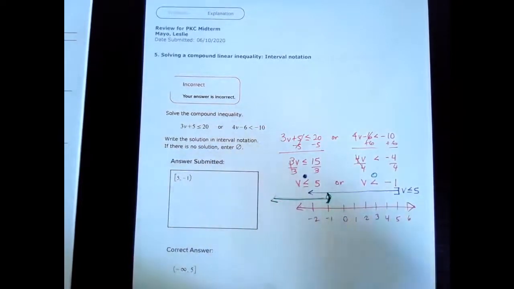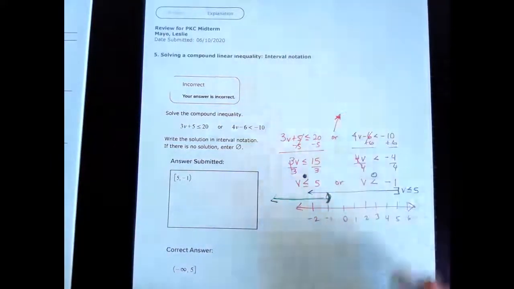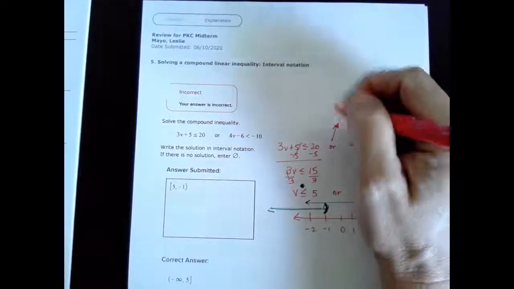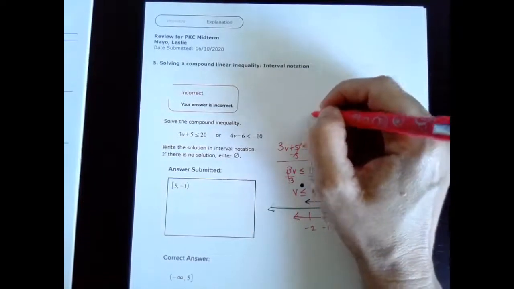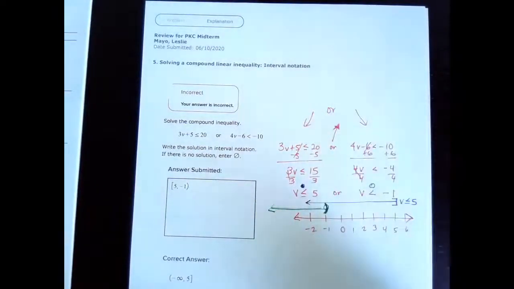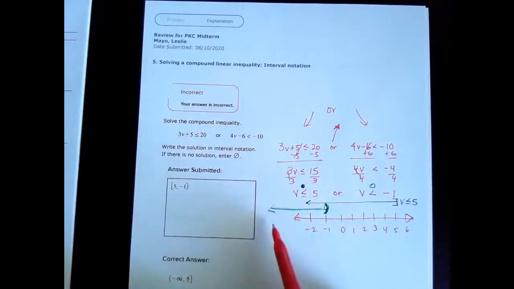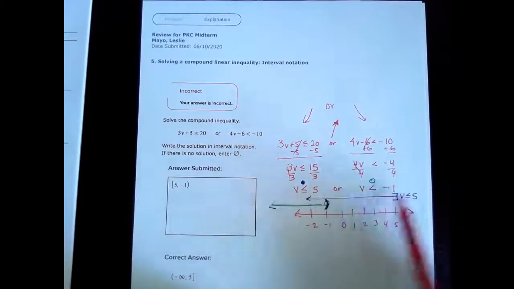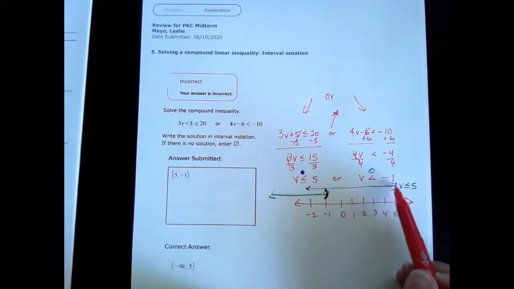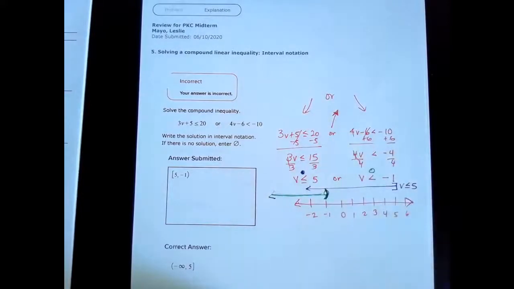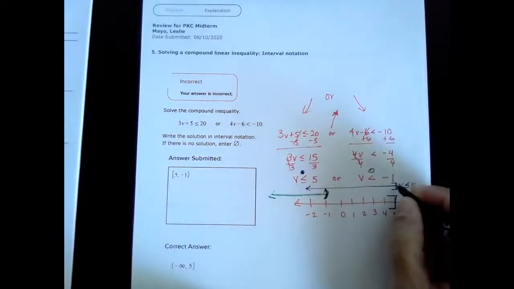Alright, so now this is a compound inequality, and my connecting word is an or. Okay? So or means that I need either this one or this one. So my solution can either be on the blue line or it can be on the green line, and they're both good. So that means I need to include everything on the blue line and everything on the green line. So if I include everything on the blue line, then my answer has to start here. So I would have to start my answer solution right here to include everything on the blue line that I drew,